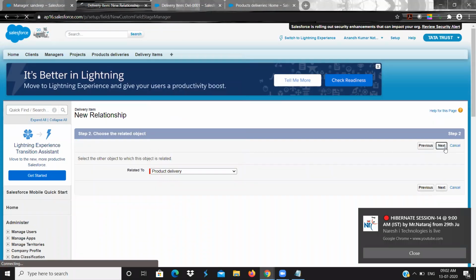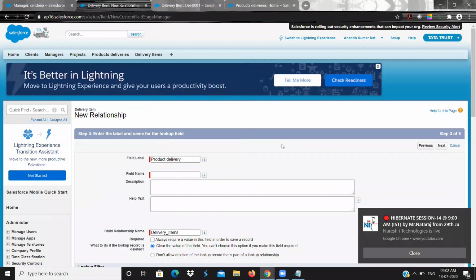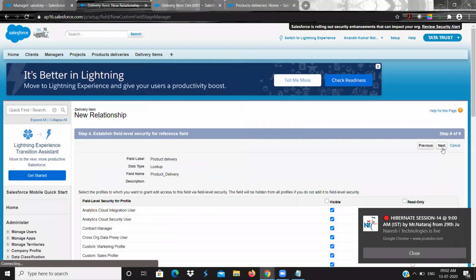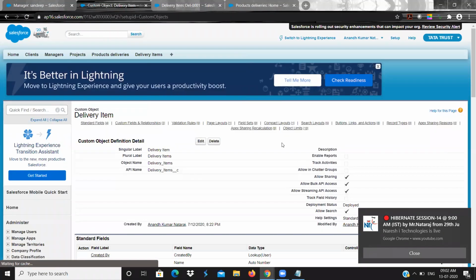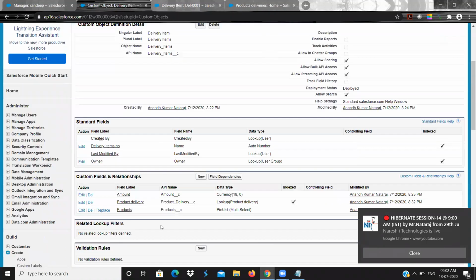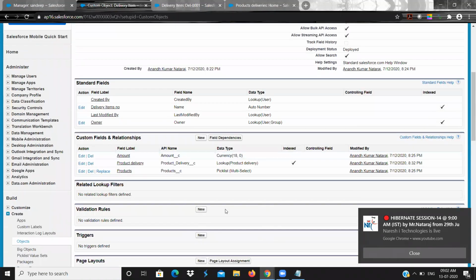Click on next, next, and save. Now if you save, it will allow you to create a lookup relationship. See, it is a lookup relationship with product delivery.